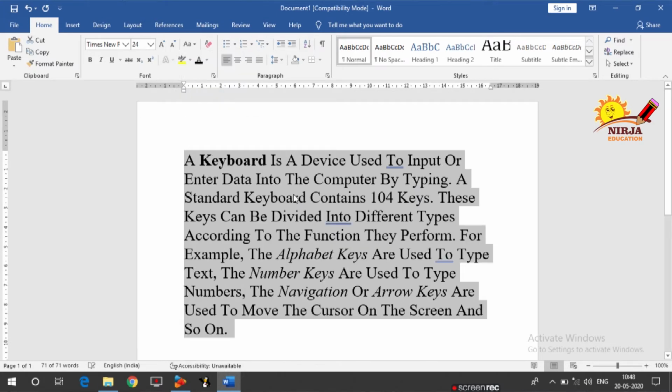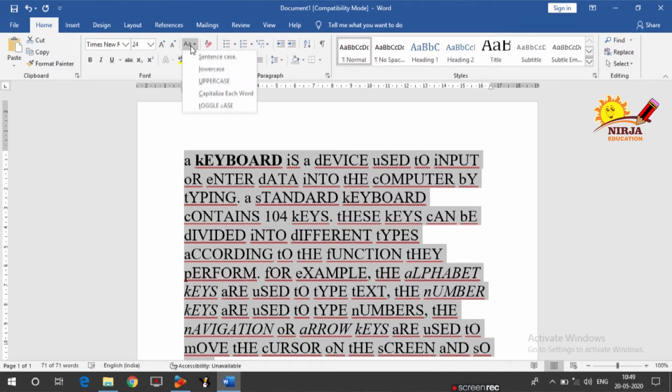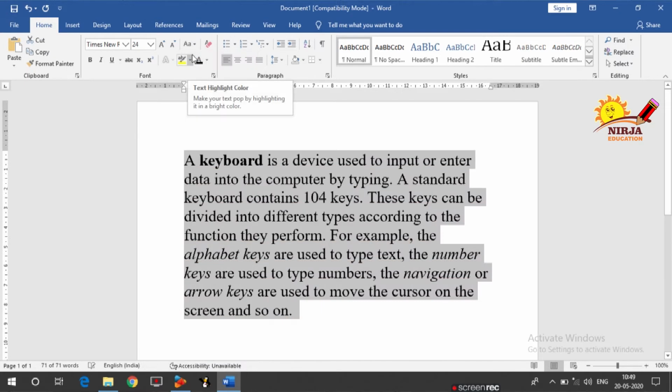So wherever a word is starting, the first letter will be capital, and the last is toggle case, in which the first letter of the word will be small and the rest of the letters will be capitals. So for this paragraph we are going to go for the sentence case.